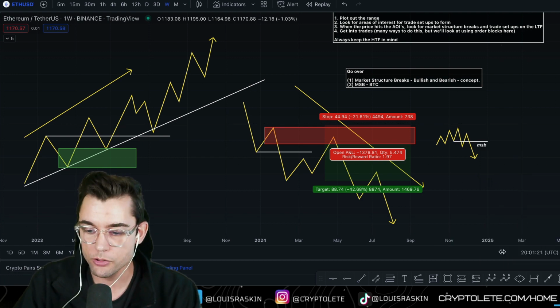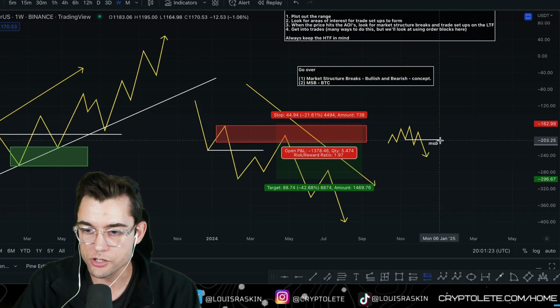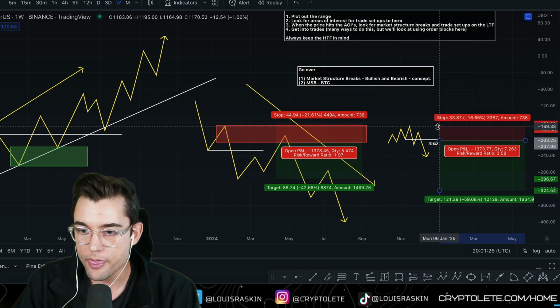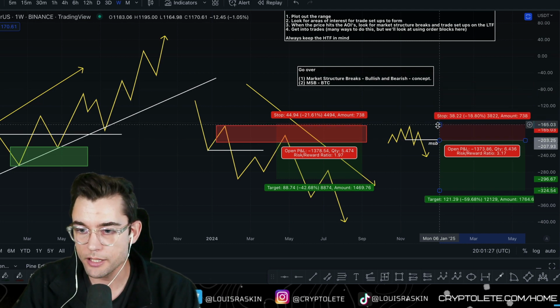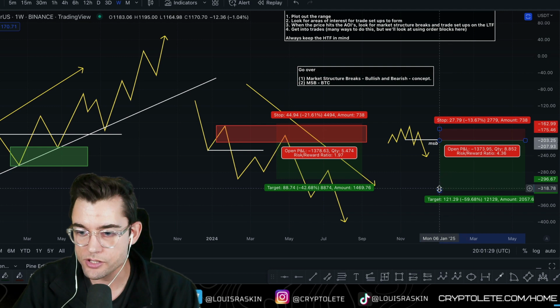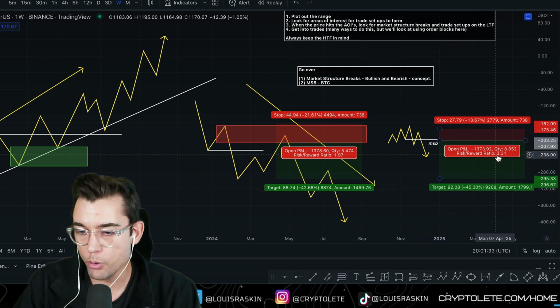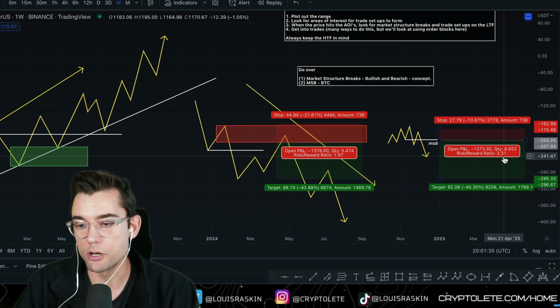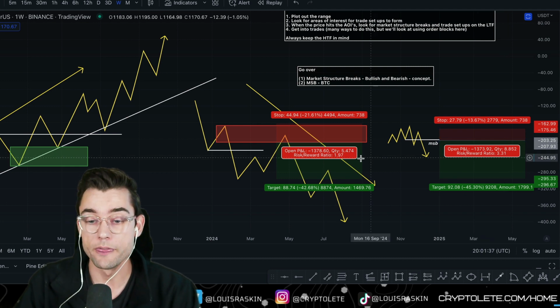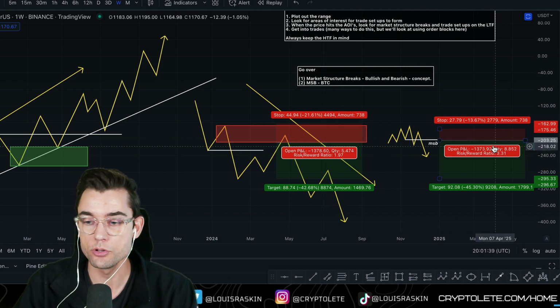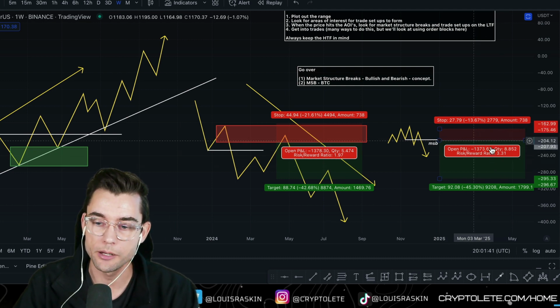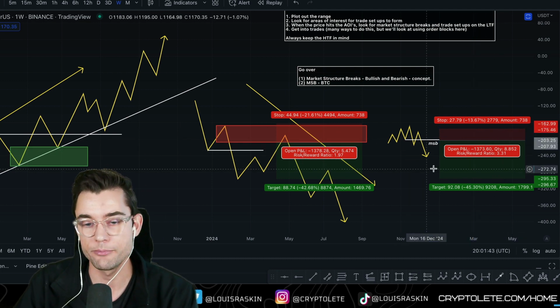And then what you could do is put on a short position, something like this, which is a 3.31 RR. This is a 3.31 R. This is only a 1.97 R. So you could get a lot more value out of your trade by going into the lower time frames in